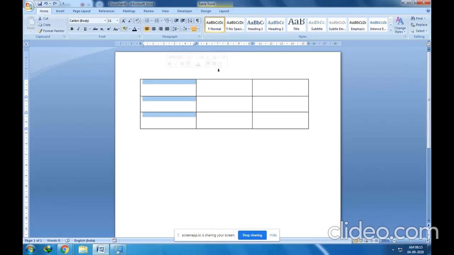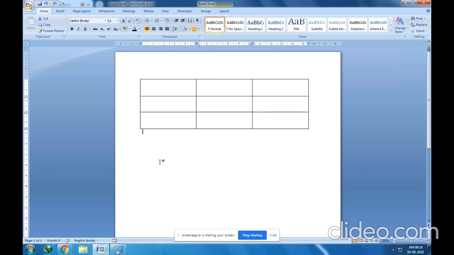In the same way, you can select the other columns. Just take the cursor to the top and then click the mouse left button. Now, this selection of an entire column can be done by using the column selection bar. Dear students, this black arrow, you can see this black arrow, this is called the column selection bar. Now it is moving at the first column. See, this is called the column selection bar.